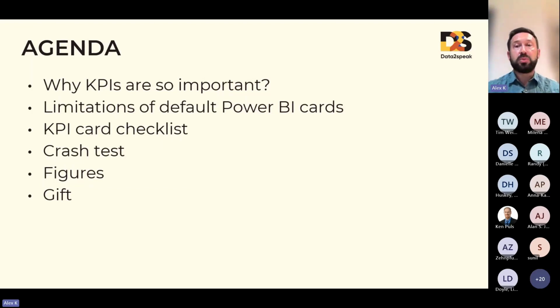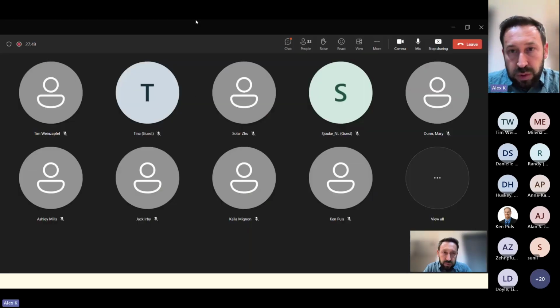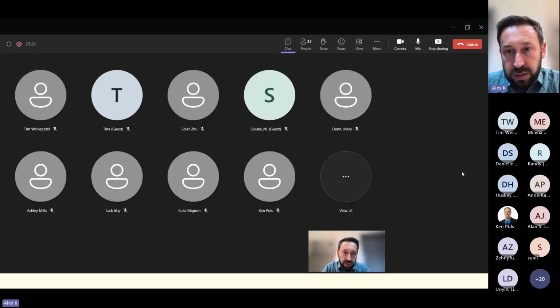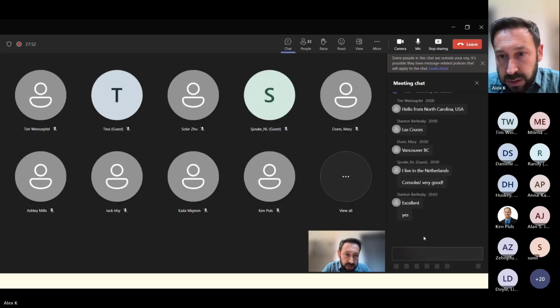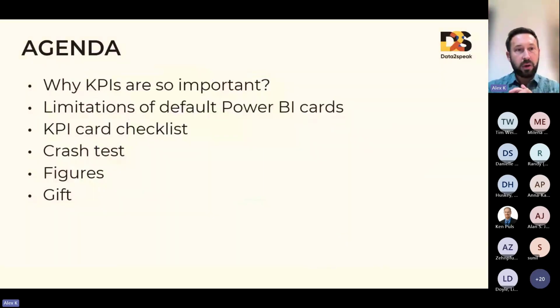Have you ever experienced advanced visuals from the Microsoft AppSource gallery, and was your experience positive or negative? Let me look through this chat. Yes, I see this chat, and I go back to